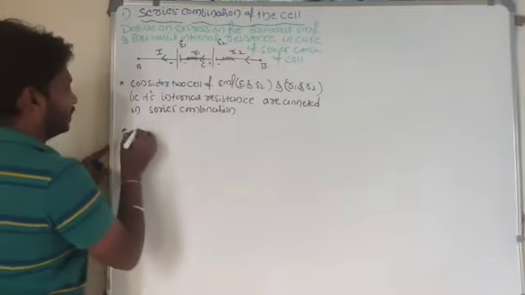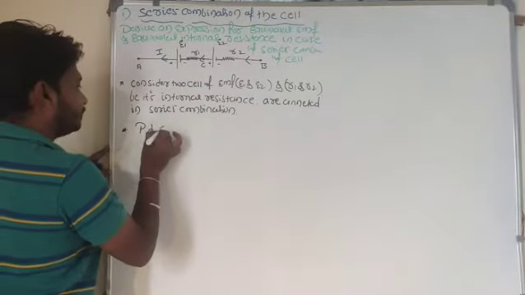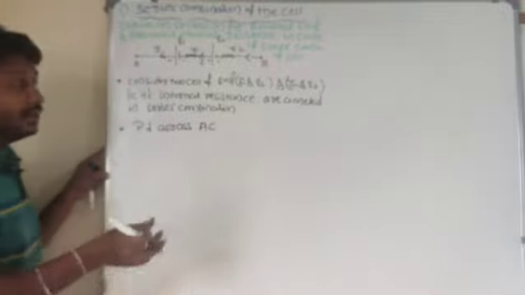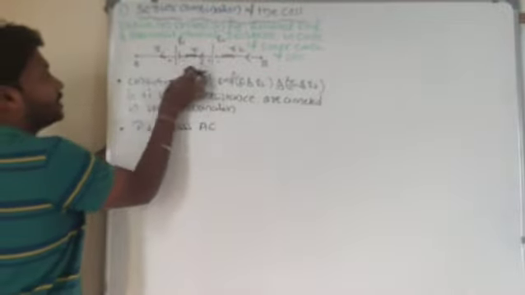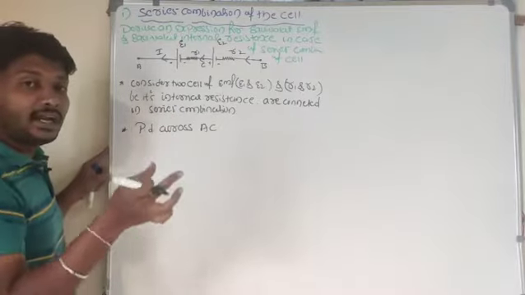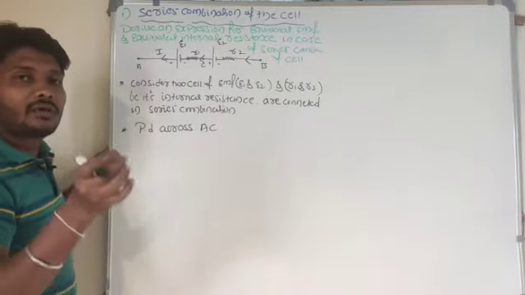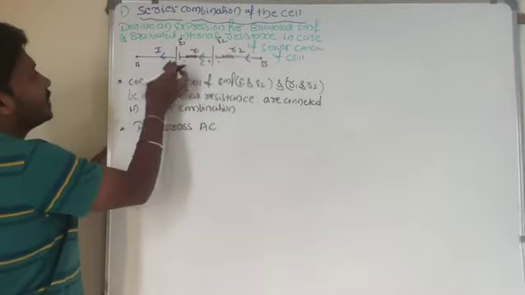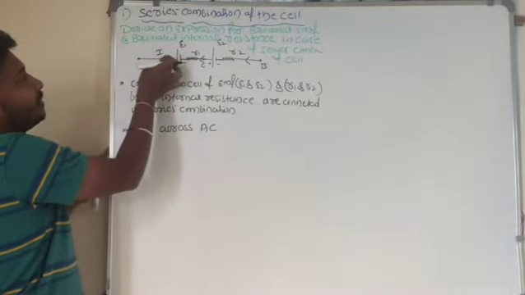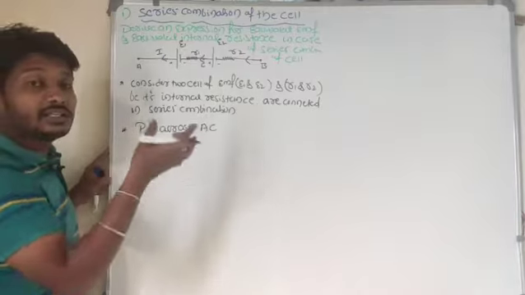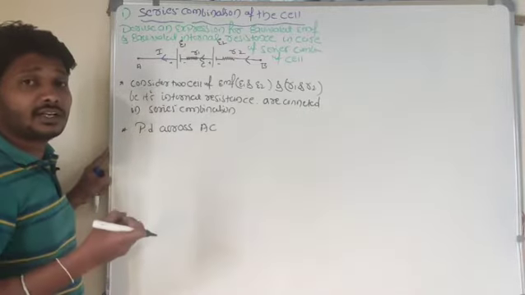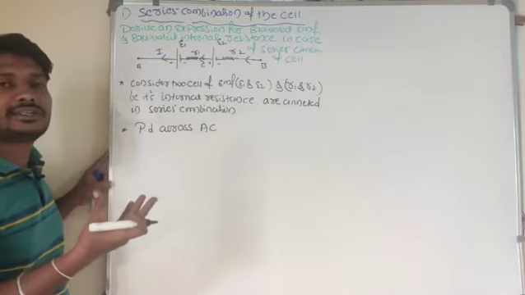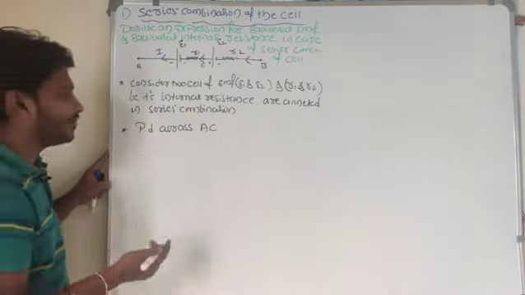So let me find out the potential difference across A to C here. What is the relation between the terminal potential difference and EMF of the cell? Look here, current is moving from the cell into the circuit, so that is a discharging cell. For the discharging cell, the equation for terminal potential difference and EMF is V is equal to E minus I into R.